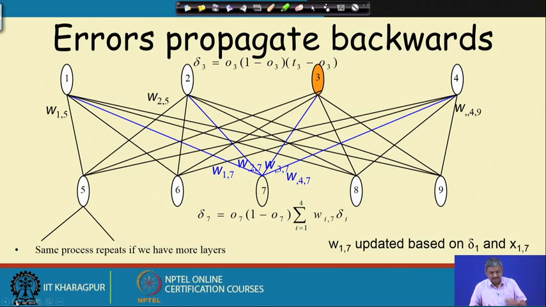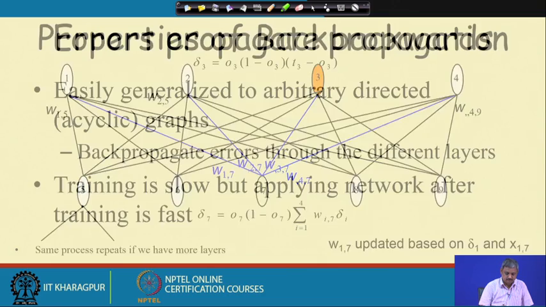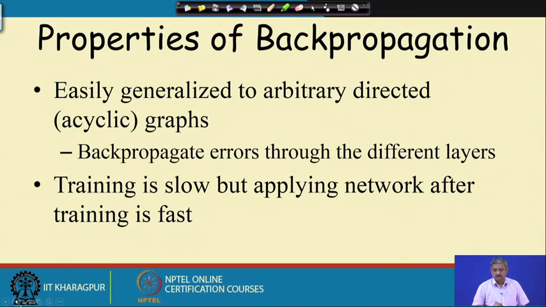So, here is an example. If we just take these inputs and propagate, you will have this kind of delta values. I want you to go through these examples. This is the rule I explained, you should work it out by hand. Okay, so, this is a very powerful rule. It can be generalized to any number of hidden layers,